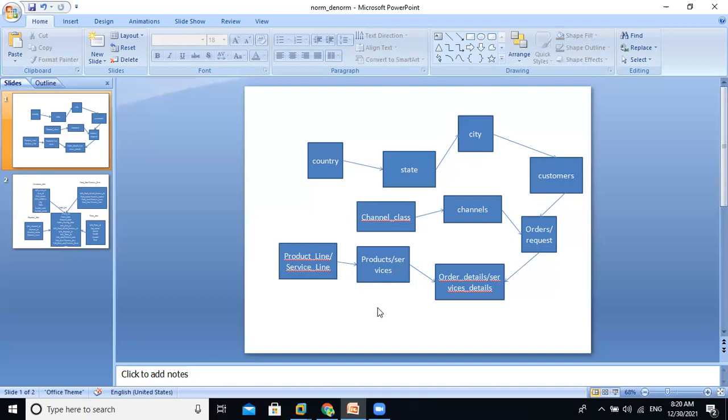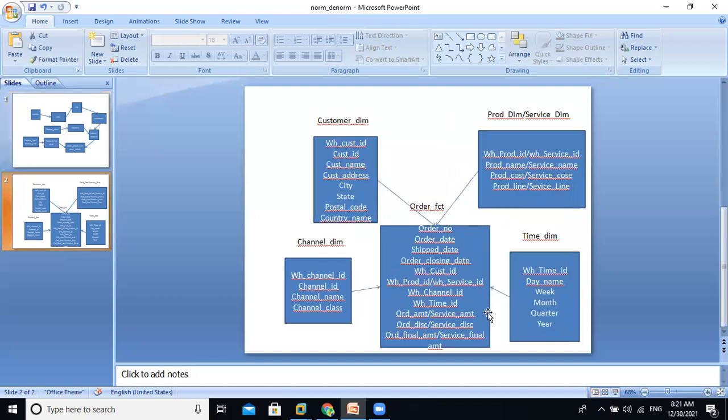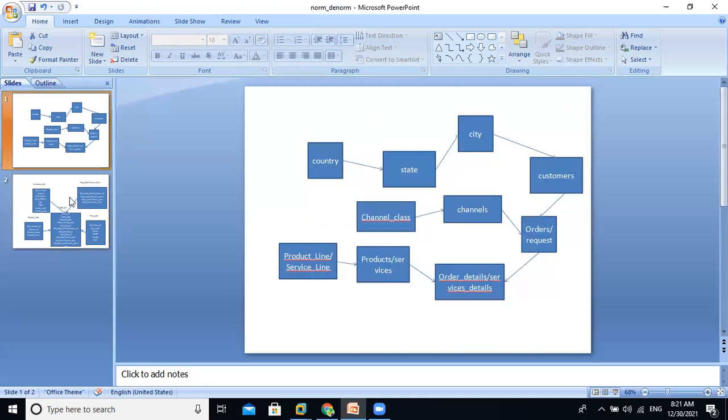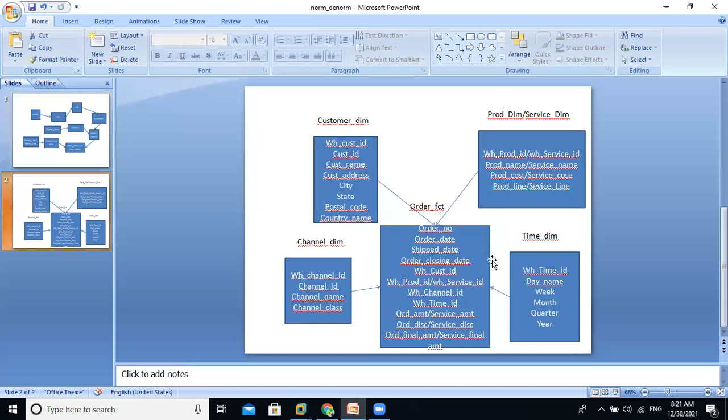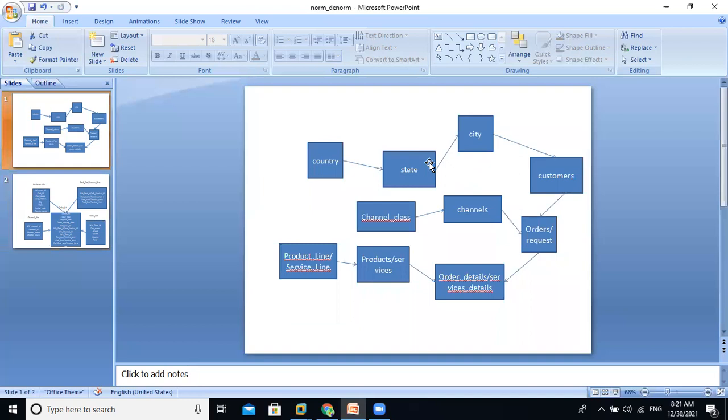See here, this conceptual model is for an OLTP system, not for an OLAP system. From the OLAP system point of view, we design the data model like this. These are called entity relational models. This is a data model designed for an OLAP system, that is, data warehousing. For data warehousing, we design the data models like this. These are called dimension models. From the OLTP point of view, ER models; from the OLAP point of view, dimension models.